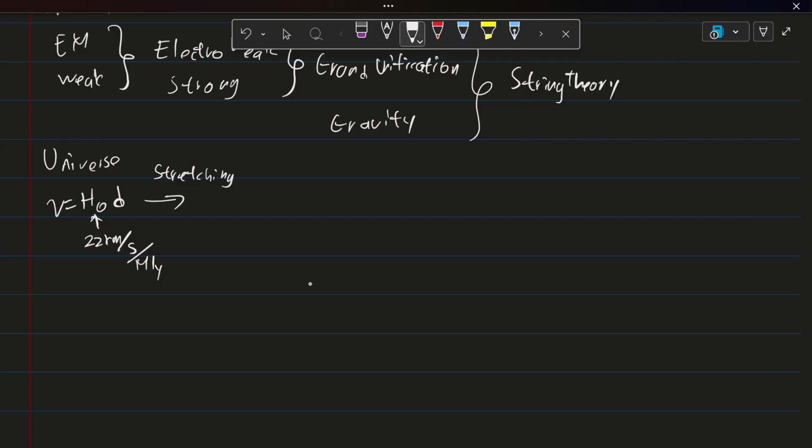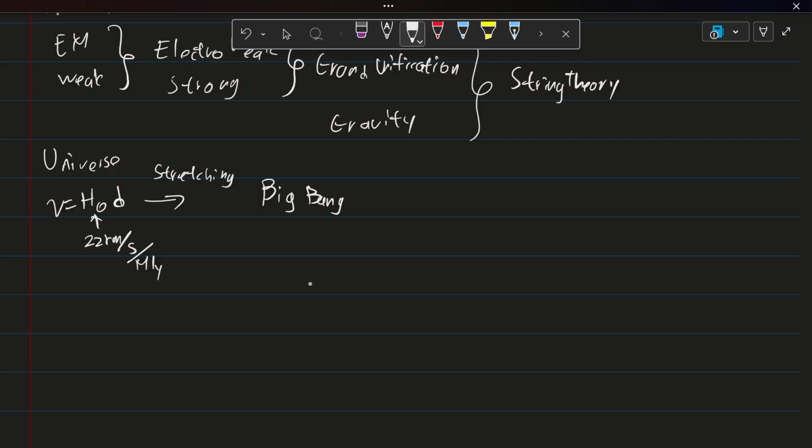So if the distance is very small, it doesn't feel that much stretching. But if you go to somewhere very far, you would see larger stretchings in the form of the Doppler effect. And so this idea of the universe stretching tells you about a very cool theory, which is the Big Bang theory. And so this is just a theory, it is not really proven yet, but it might be the origin